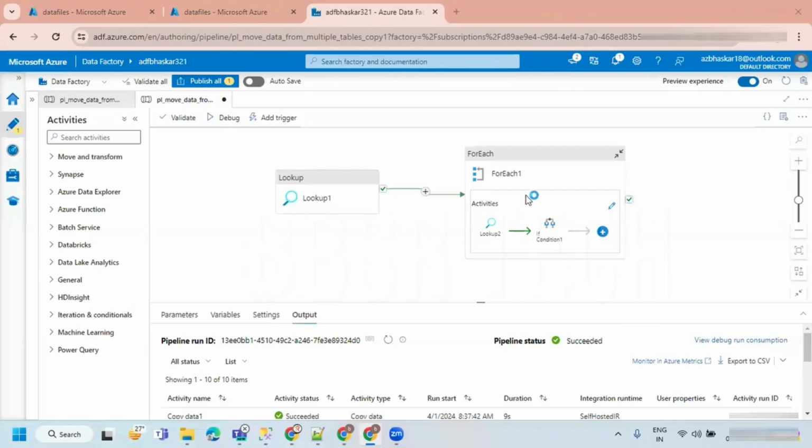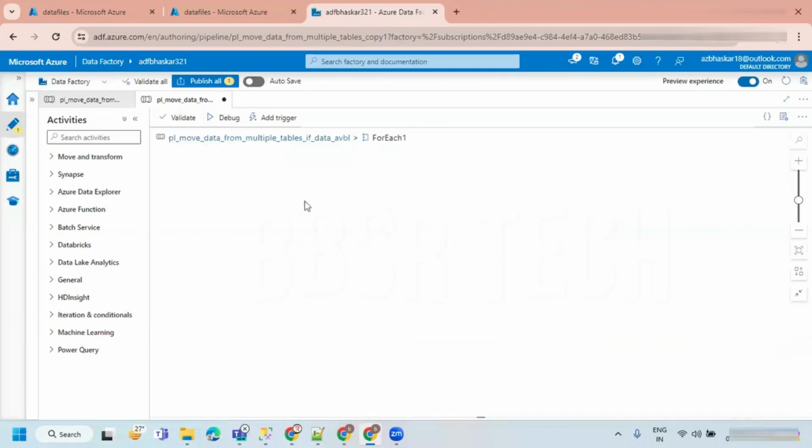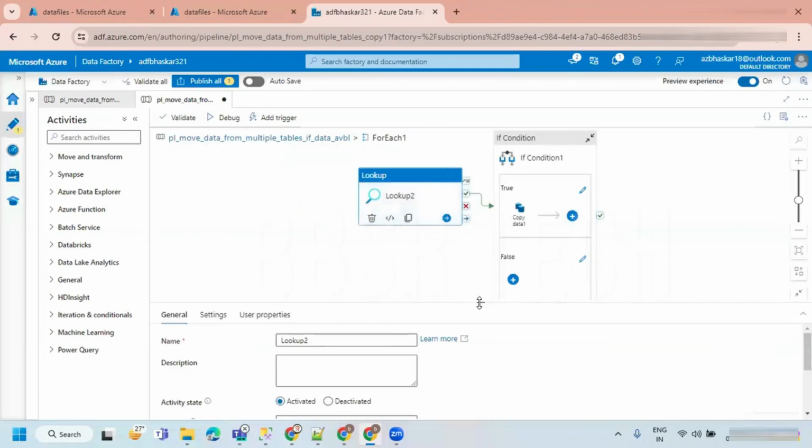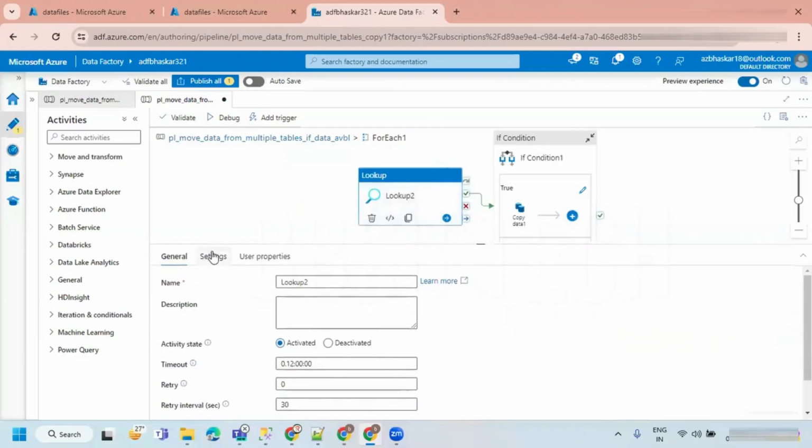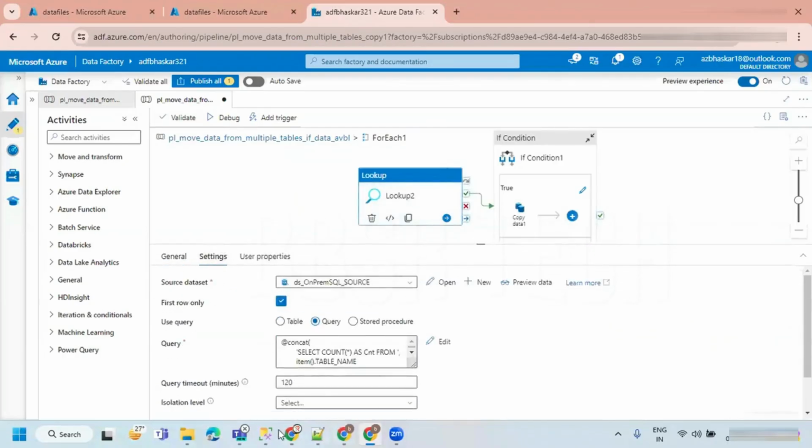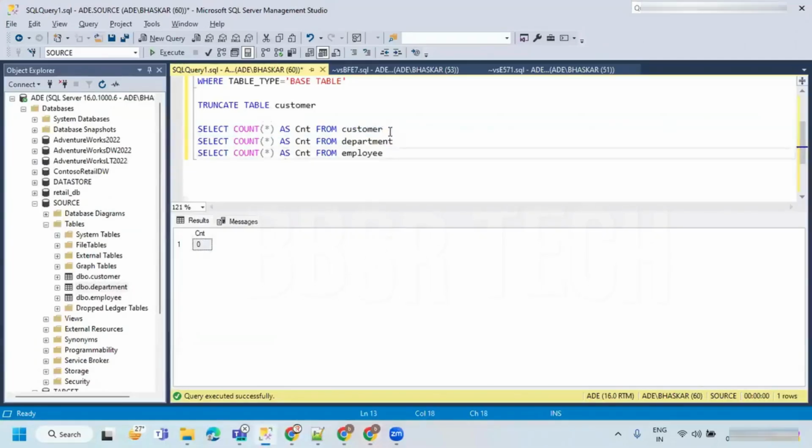I have one question. In lookup, we have a single row. I believe in the second lookup, we have clicked on single row. Single row, yes. Why is it so? Because how many records is it returning if I execute every statement?